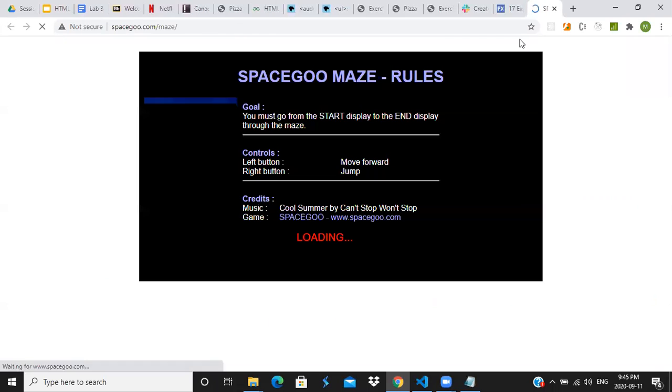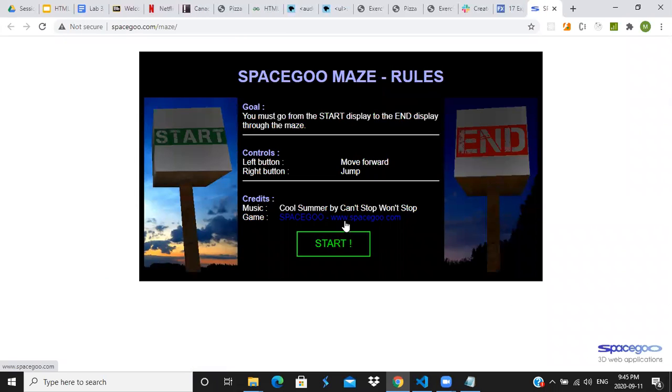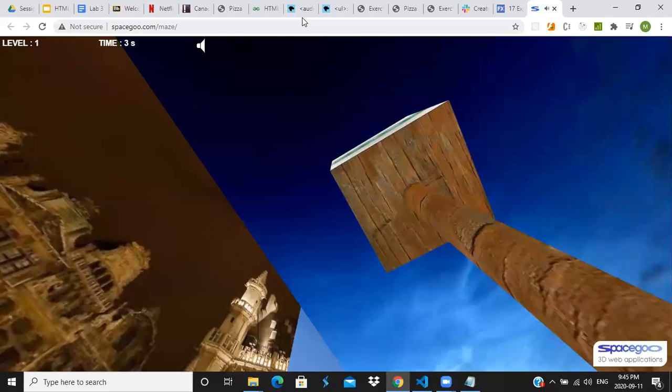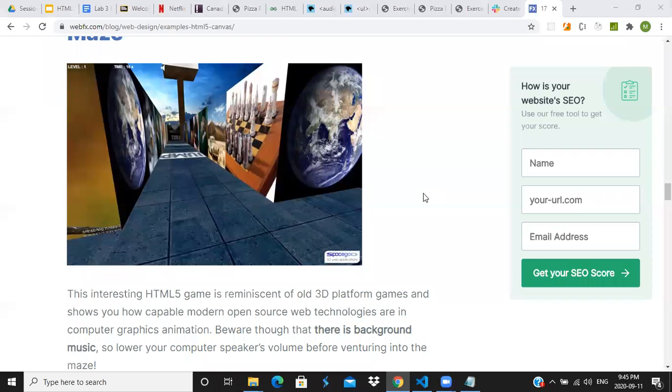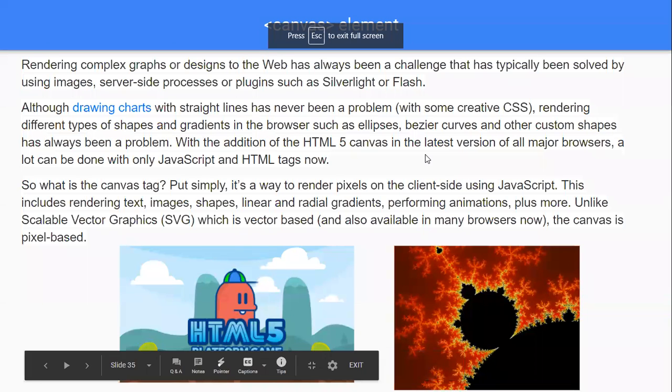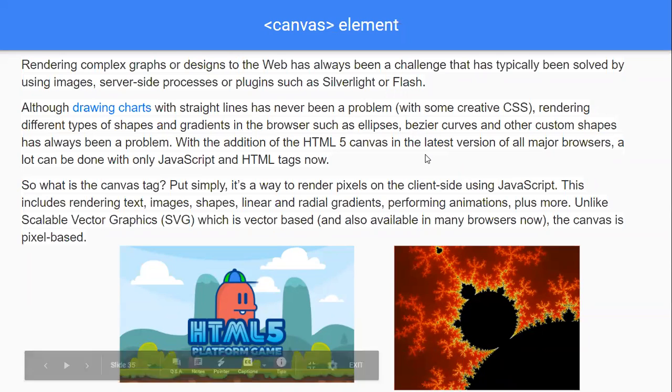What's this one? Will it show it to me? All right, let's load it. Start. Sorry, and it locked me out. So that's that. It's so cool that it took over my control and locked me out. Hopefully you can still see my screen. All right, so that's pretty amazing stuff. I encourage you to go and look at more of that, especially if you're into gaming. You'll like this kind of stuff.